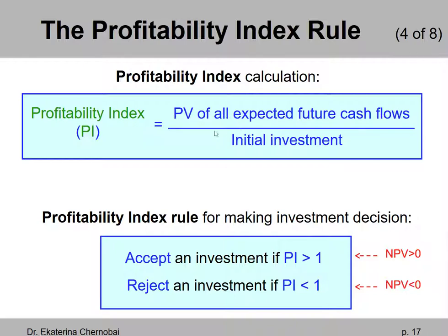To summarize, to find the profitability index, you first calculate the present value of all expected future cash flows, and then you divide that by the initial investment. You ignore the negative sign for the initial investment. So the number you get is always going to be positive. It's always 0 or above. If it's between 0 and 1, the project is rejected. If it's above 1, it should be accepted. What about if it's exactly 1? Then it corresponds to the NPV equal to 0, and that means that we are indifferent between accepting and rejecting the project.